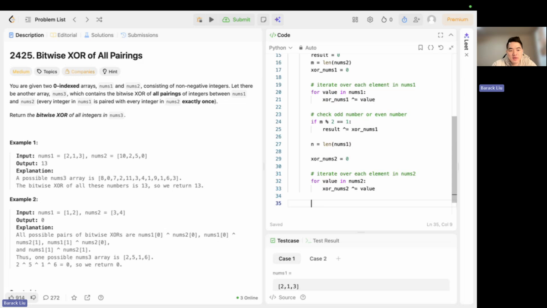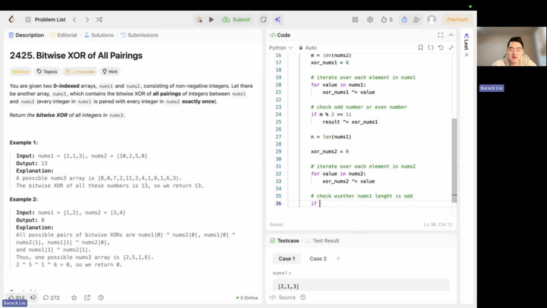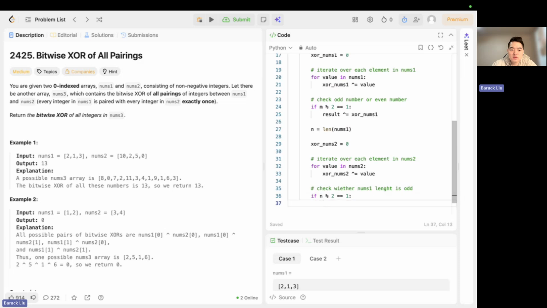And similarly, we need to check whether numbers 1's length is odd, right? If it is odd, then we should,